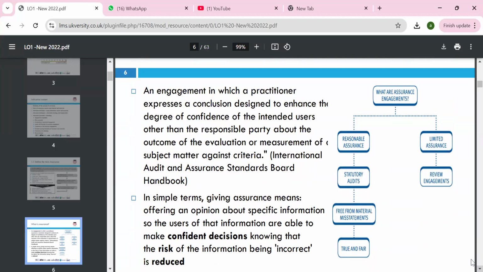We can look at these again, the criteria. We have the International Auditing and Assurance Standards Board, and we'll carry on following its guidance. In simple terms, giving assurance means offering an opinion about